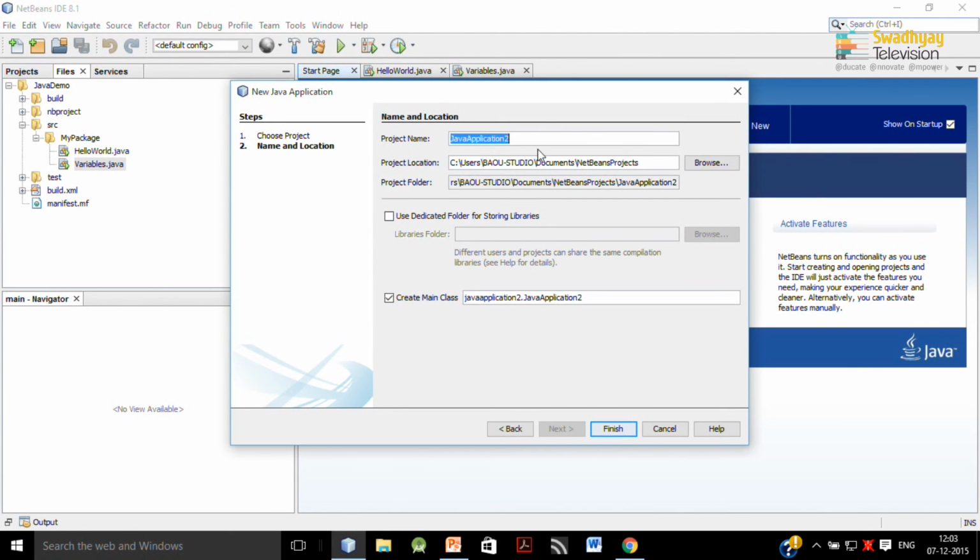Now, our project name is the folder that is created by NetBeans for you, where all the resource files, that is source files and class files, are stored. So, for the project name I give hello world, and then this is the project location where this hello world folder is created, and this is the complete path